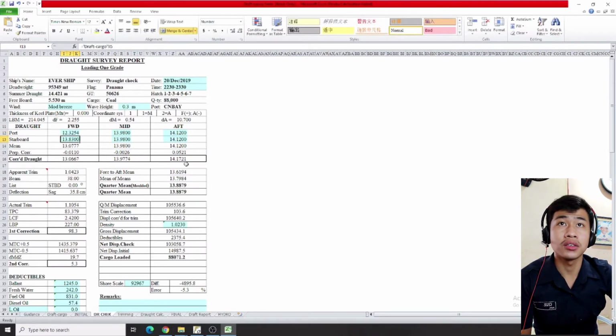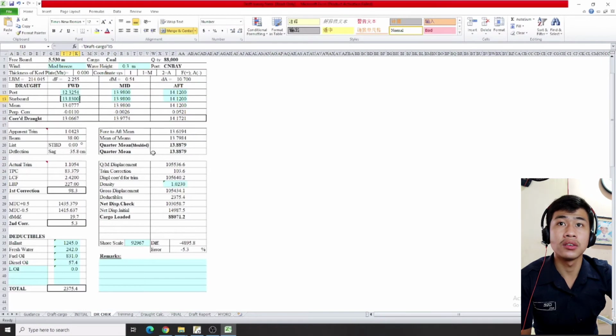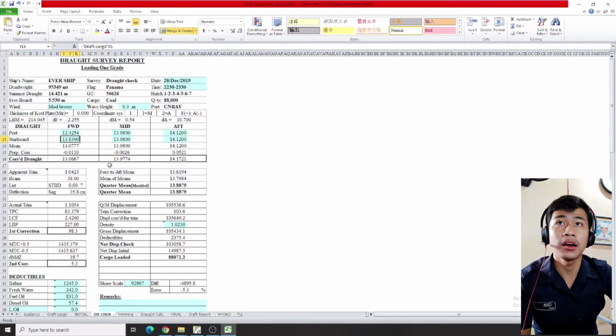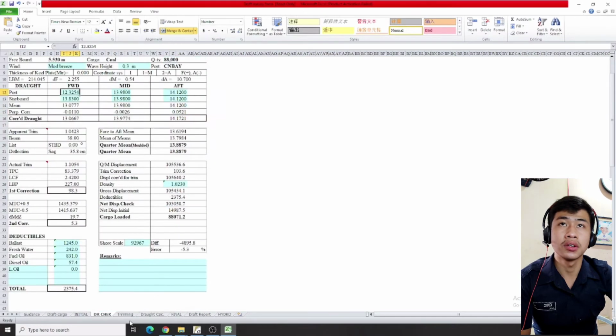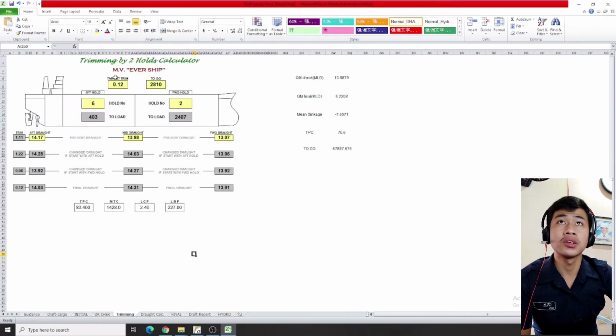As you can see, the answer changed when I change this port forward draft. Trimming, as you can see, trimming holds. It's just for trimming by holds calculator. So target trim to go up, forward, holds, and